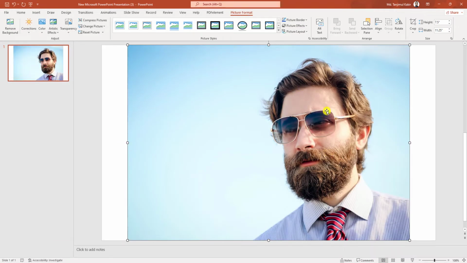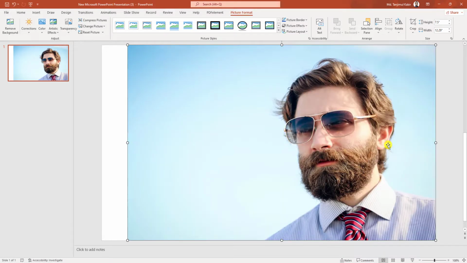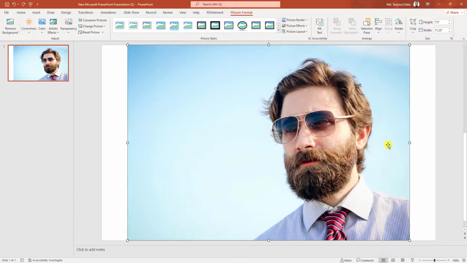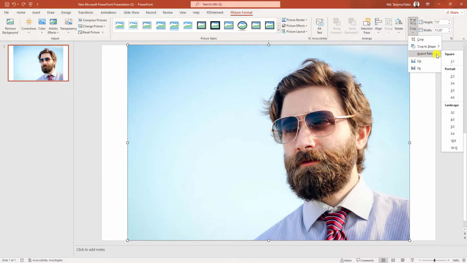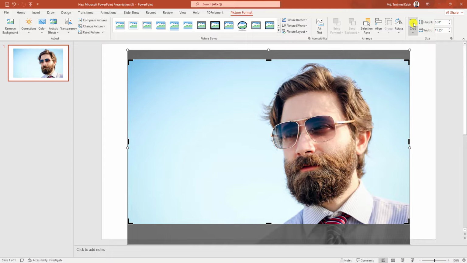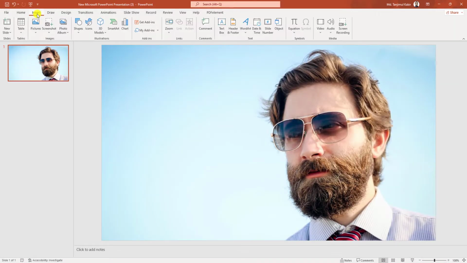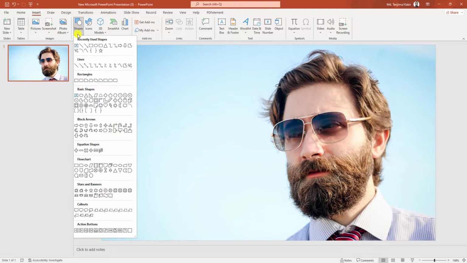Now I have to adjust it with the slide. If I increase the size, it will not look better. So what I have to do, let me select this image, go to crop, go to aspect ratio, select 16:9. Now adjust it and click on crop. Adjust it like this. Now I have to go to insert, go to shapes, pick the curve shape, and let